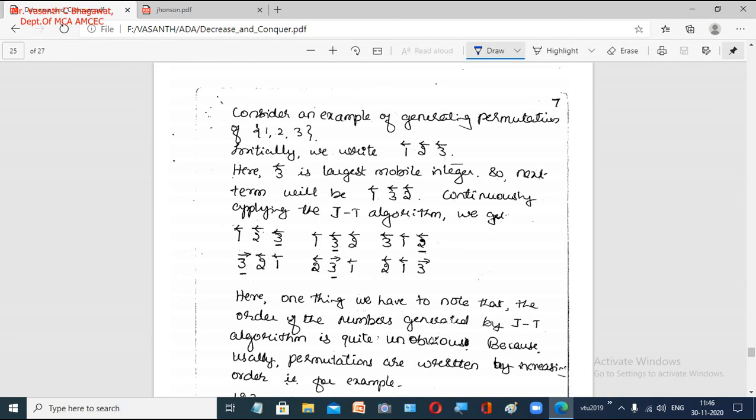We started with the first permutation. The second permutation will be 1, 3 and 2. So again we repeat the same step. Now we start from this. Again you identify the largest mobile element here. 1 is pointing this side, there are no numbers, leave it. 3 is pointing towards 1 and 1 is less than 3, so 3 is a mobile element. 2 is pointing to the number 3 which is greater, so 2 is not a mobile element. In this set we have only one mobile element, that is 3, and it is the largest.